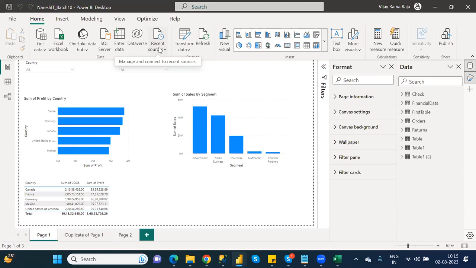Suppose 5 columns are there, but in the report you want 2 columns only. Remaining 3 columns are a wastage of memory, right? Can we remove them or not? Yes, we can remove them. In transform data, that option is available. Understand clearly or not? What is transform data and how it works, everything we can discuss